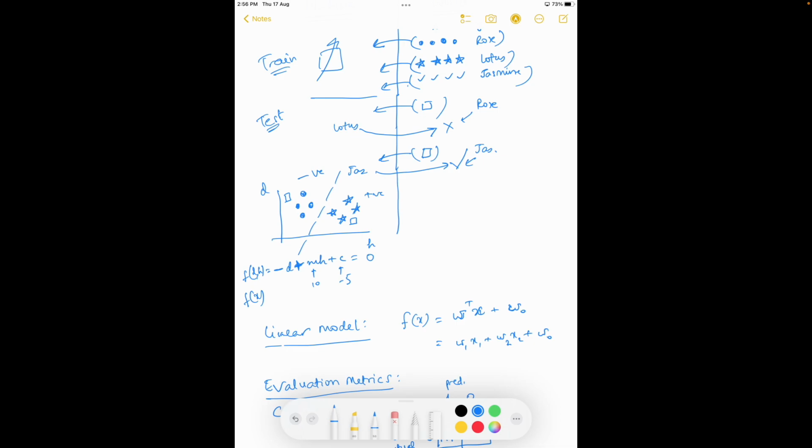Or if the world gives you one unknown point and asks your model, what will be your computational complexity to tell the answer? O(1). It's constant, right? Let's say your model has this equation, just 1 multiplication and 2 additions. It's always constant, no matter what the size of your data is. So O(1). Right. So that's the utility of